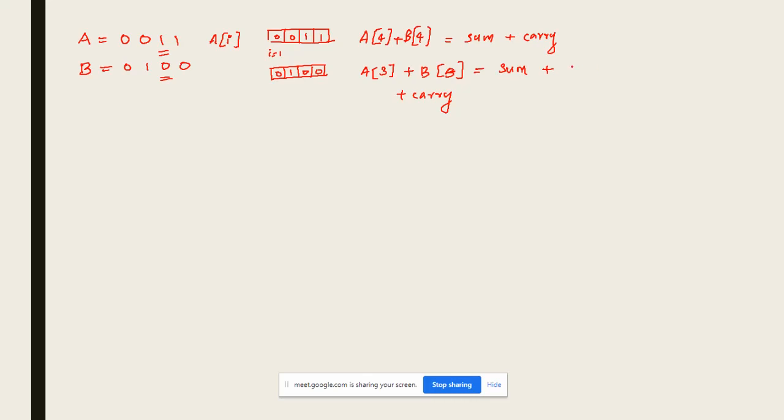It will be stored into sum, and if you have any carry, it will be saved into the carry. And in the next step, this carry will be added to A2 plus B2. This is how we are going to do our program.